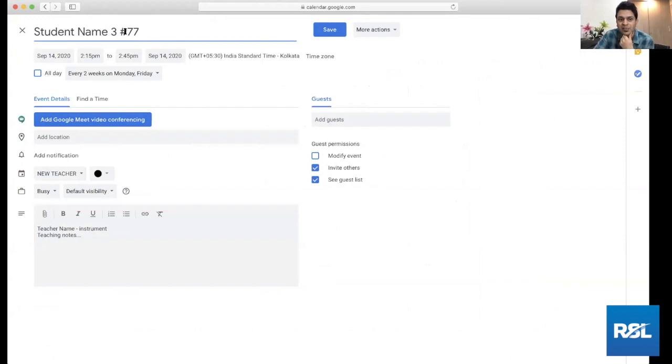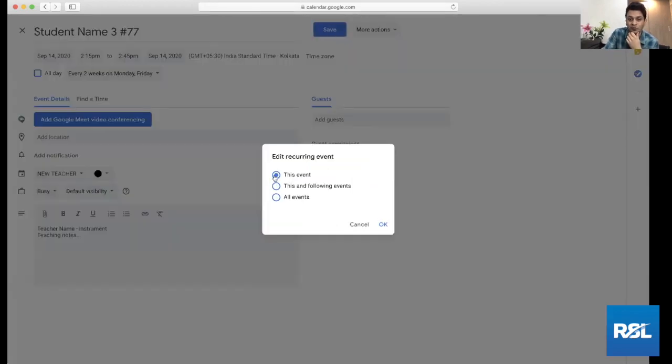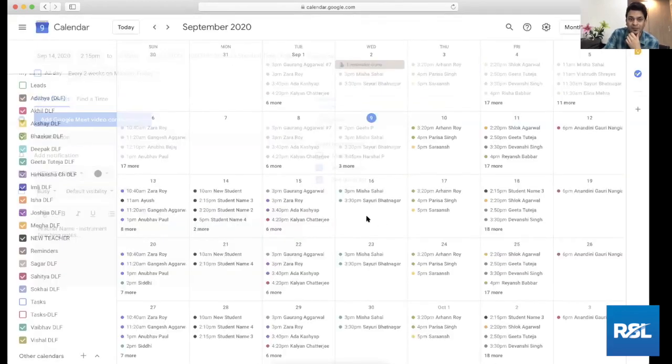There is a reason I'm using a hash: if you're using phone numbers in the descriptions or anywhere, and a phone number has 77 in it, that will also pop up. So use a hash or a special character with it, and then you'll be safe. 77 is a code that is mutually understood within my team as the code for cancellation. #88 is for reschedule. #99 is for faculty not available. You can just click on save, and you always do this for this event, and that's done.